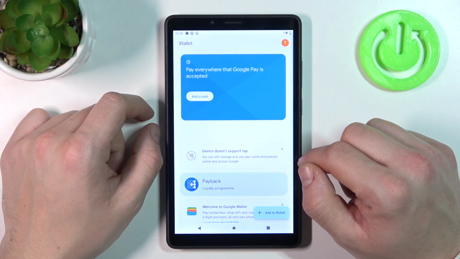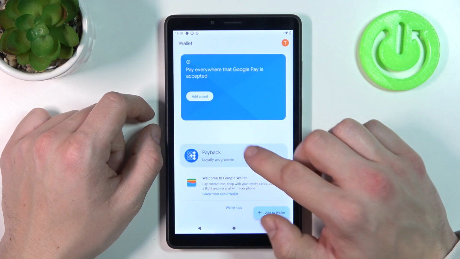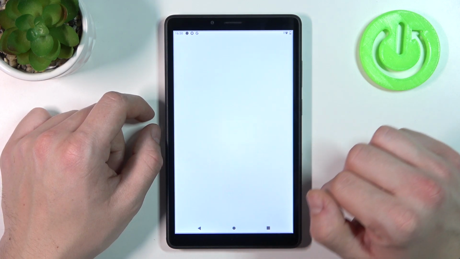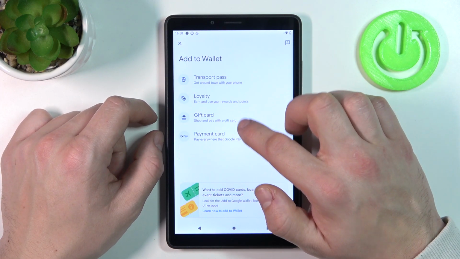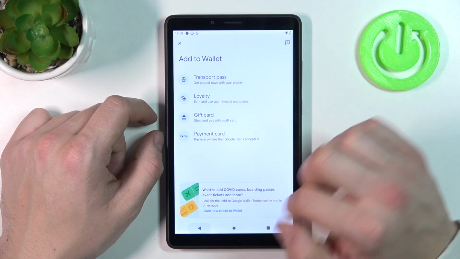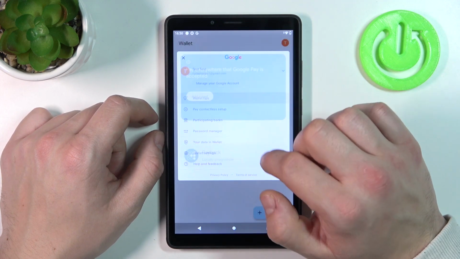And as you can see from the homepage of this app, you can add payment cards, check quick tips, and manage your passes. If you go to Add to Wallet, you can add another transport pass, loyalty and gift card, and also payment card. If you go to menu, you've got access to your Google accounts, all wallet tips,